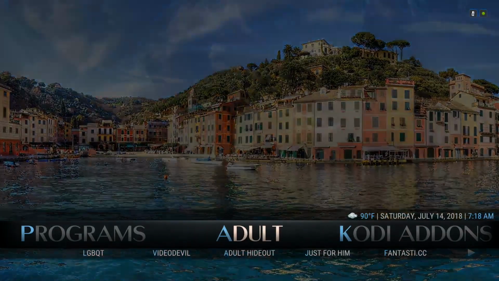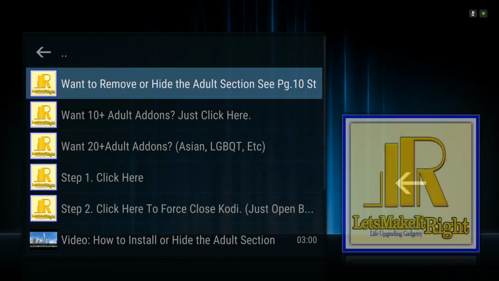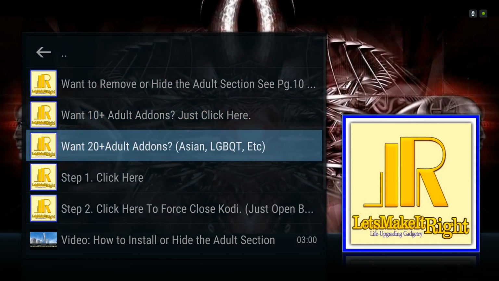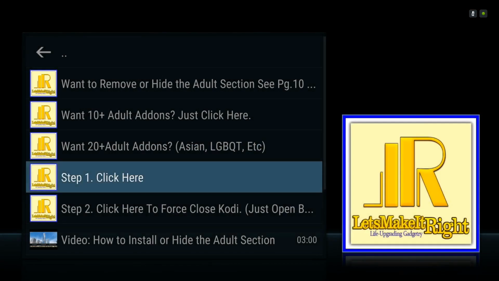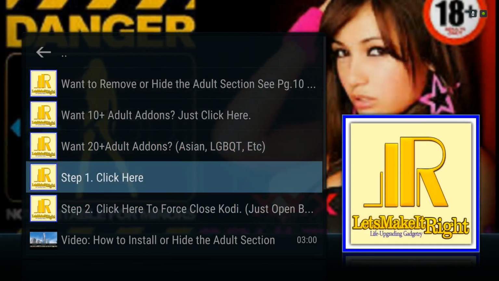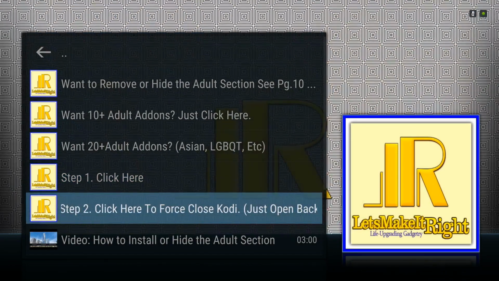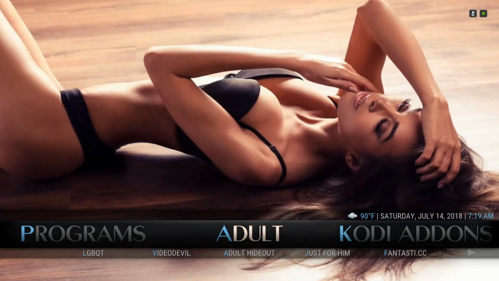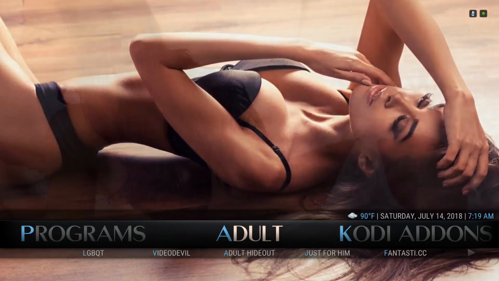Okay, if the adult section is here and you like it here, just click directly on the word adult and select your poison. So if you want 10, just click here. If you want 20 plus Asian LBQT, click here. If you want the 20, it says step 1, click here, and then step 2, force close Kodi. The force close is not working, so what you'll do is you'll click step 1, and then you will force close your build, which means that you will click the home button,